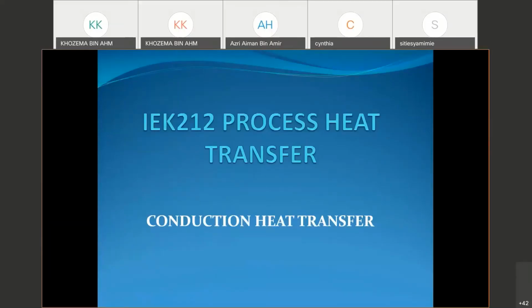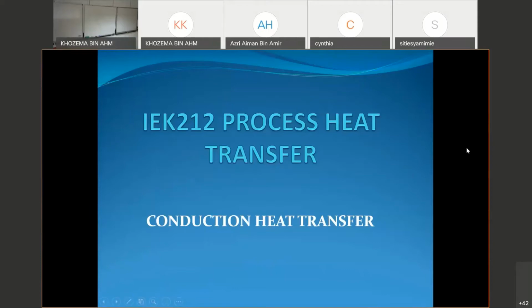Start our class for today. So first of all, we're going to be looking at the three modes of heat transfer: conduction, convection, and radiation. We'll be looking at the first one today, which is conduction heat transfer. So before we begin,